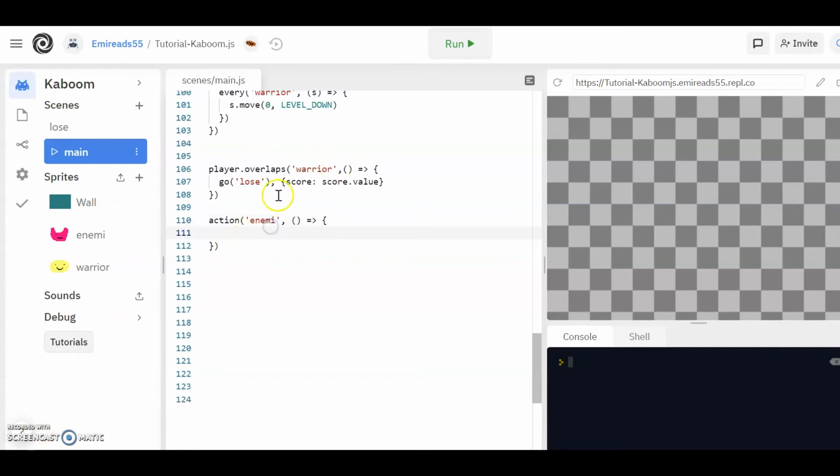Alright, so we want it to get to lose as well, so if the position of y is greater or equal to the height divided by 2, which is half the height, then